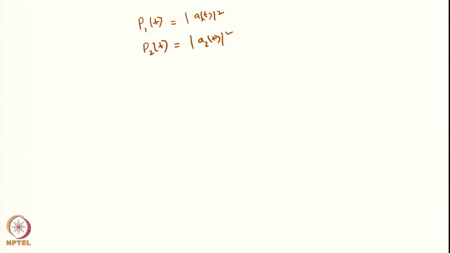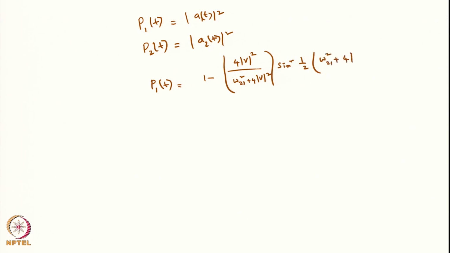In such a scenario, after doing some math, P1 of t will be 1 minus 4 modulus of V square divided by omega 21 square plus 4 times modulus of V square, into sine square of half of omega 21 square plus 4 times modulus of V whole square to the power of half times t,